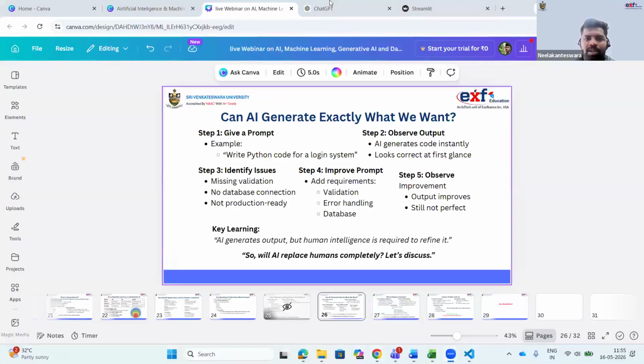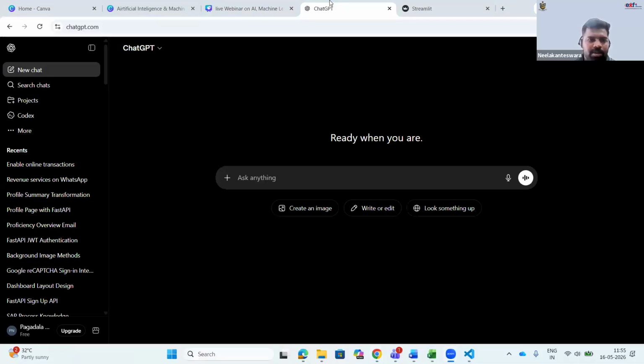I'm opening ChatGPT, and I'm giving the same prompt: write a Python code for a login system.